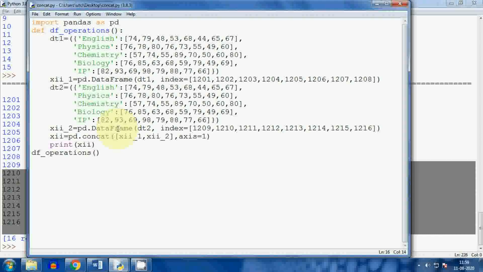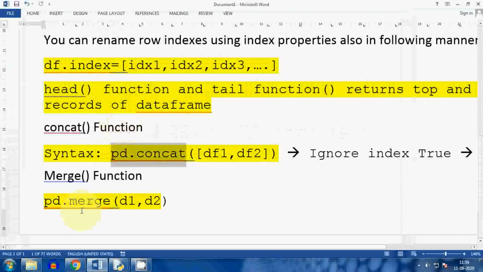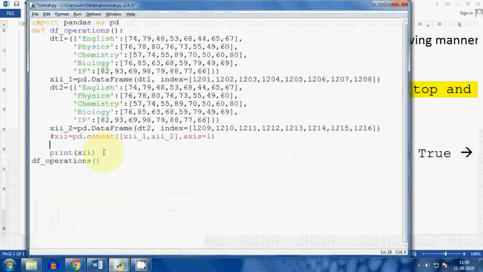Now another and last function is merge. So let me do it here only. We have already created two data frames. The syntax is like this, pd.merge. So let me write 12 equal to pd.merge. Only one difference is there, it will accept the arguments in the brackets as parameters only.